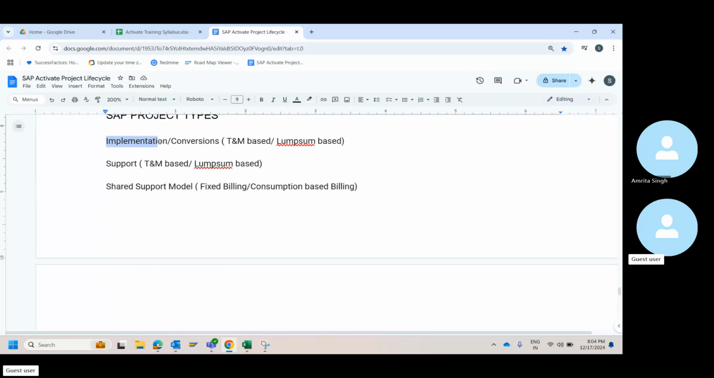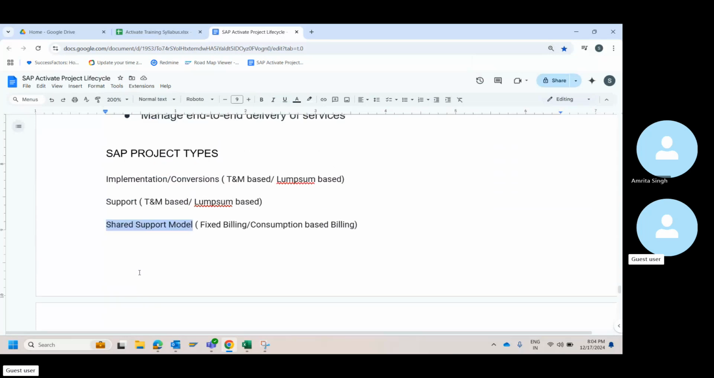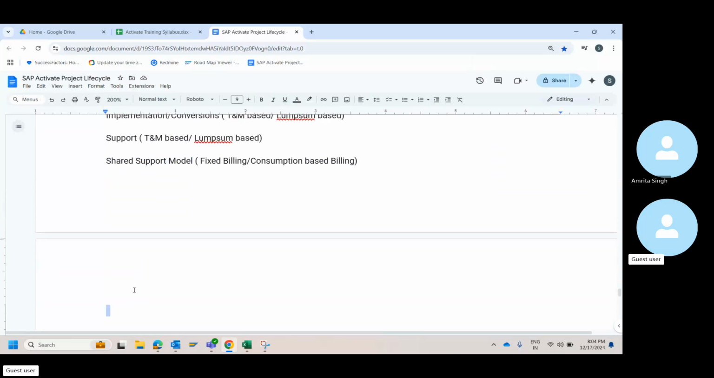One is your implementation project, the other one is your support project, which right now you are taking care of. Then there is something called shared support, the shared support model. So we will go into the projects one by one. Okay, first thing is